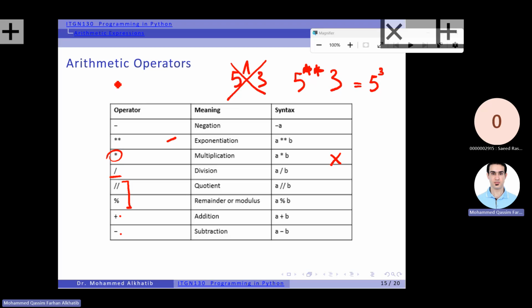For example, I will do 55 divides 4. 5 divides 4, that's 1. 1 times 4, 4. I'll add 0, so that's 15. 15 divides 4, how much? 3. 3 times 4, 12. 3. 3 divides 4, done. Okay, we are done. This one is the result of 55 quotient division. And the result should be an integer. And the 3